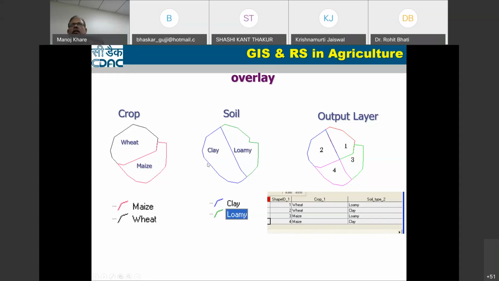So now if you see, suppose we can find this is the area which is crop-wise wheat and soil is loamy. Now suppose when you want to go for some other modeling, something like that, then you can go for where the wheat crop is and soil is loamy. Now you have to generate some advice for the soil where the crop is wheat and soil is loamy. So we can say, show me the area where the crop is wheat and soil is loamy. So that area will be identified.